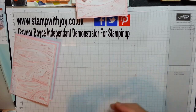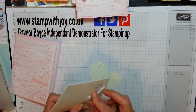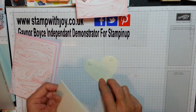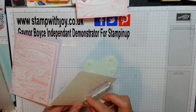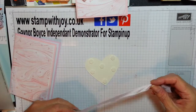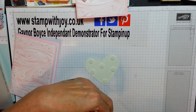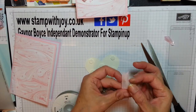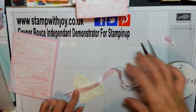Isn't that pretty? Now what I did was I popped on about 6 of these. Oops. You're going to say why 6, but I just want to make sure it stays unstable. While we're here, I've got this gorgeous ribbon, and I'm just going to snip the end so I've got that beautiful flag. And while I'm here, I'm just going to measure what I need